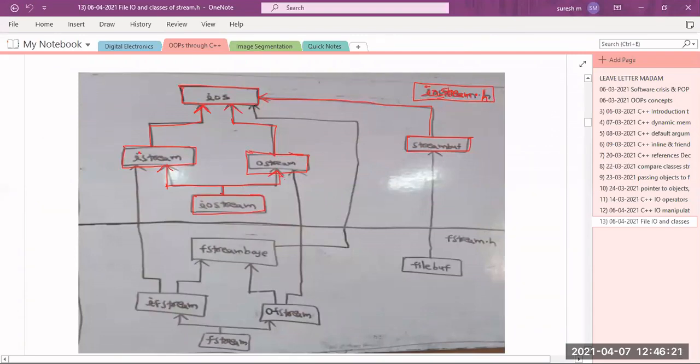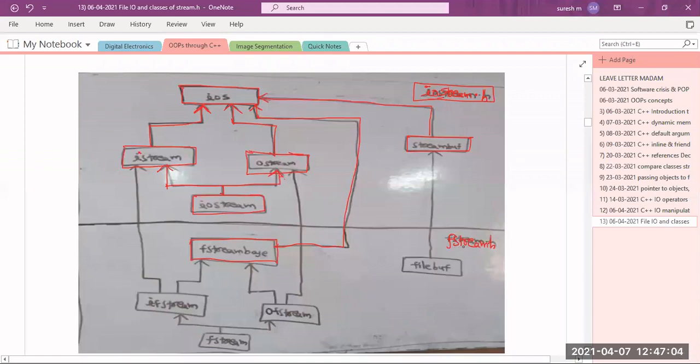From this iOS class, we are having one more class called the fstream base class. There is a slight difference between both of these, and generally, to differentiate these two, we are writing a line. This is all about the fstream class. Fstream is used if you want to do file operations, like if I want to read the file, write the file, or append data into the file. Everything related to file handling can be done by using this fstream.h header file.